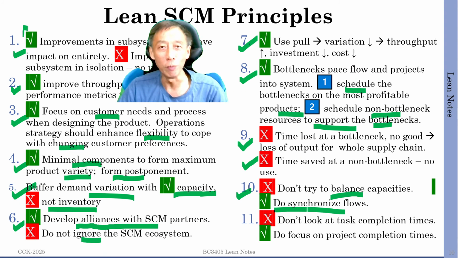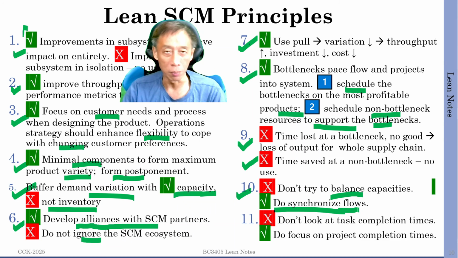But without the conveyor belt, like human movement of a tray, you need to have an alarm clock to be synchronizing everything, but usually they don't. So whenever it's convenient, the worker will do that. And usually it may be out of sync. When it's out of sync, what happens? Queues will build somewhere. So this point says it's more important to try to synchronize the flows so that queues won't form or tend not to form.